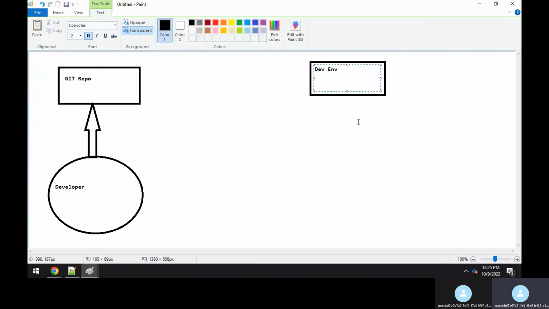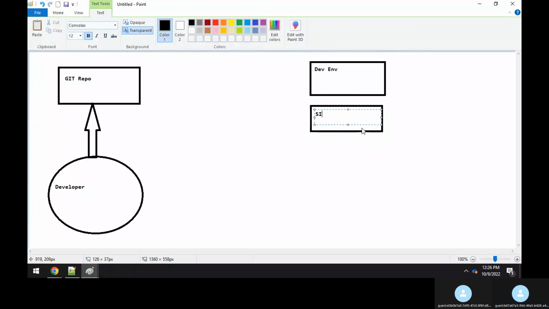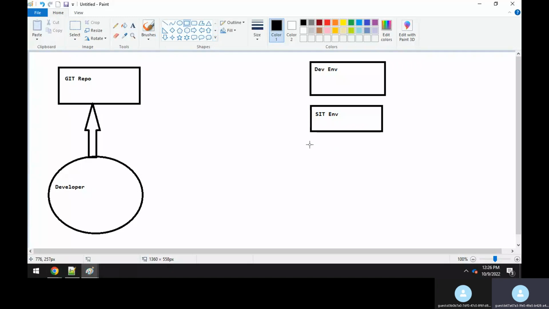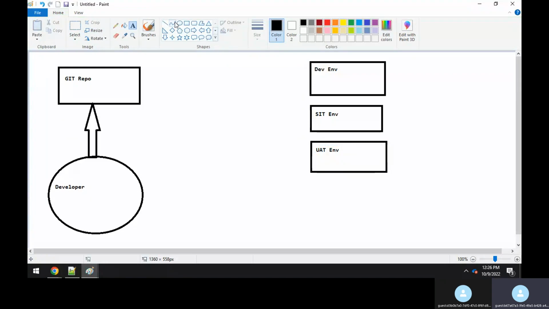So we have a dev environment. Similarly, we'll have many other environments. For example, you have a dev environment, a SIT environment, and some other environments like a UAT environment. Similarly, you have a few more environments, like a pilot environment,